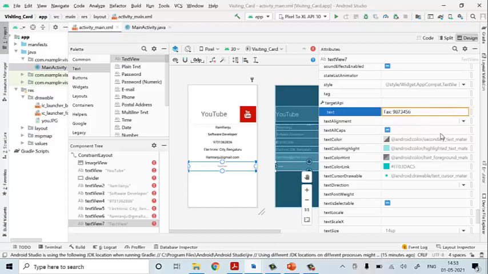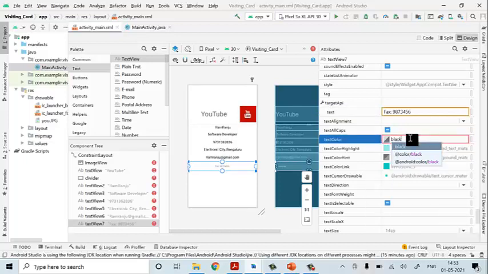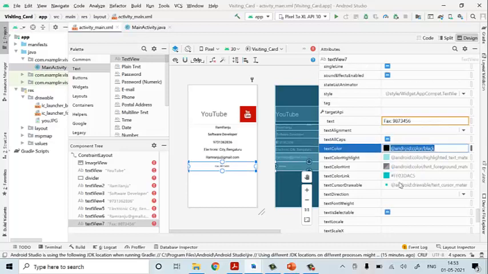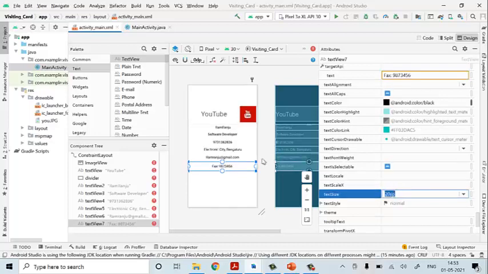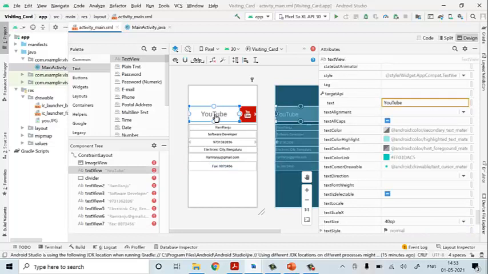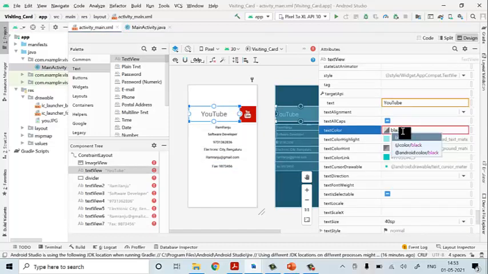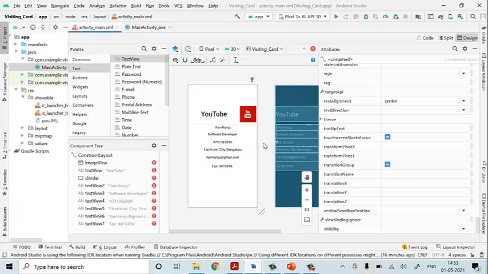56. Change your text color to black. I'll give it as black, and now I'll change my text size to 20 sp. I'll write it, and now it is changed. Okay, now we have to change the text color of this, so I'll make use of this text color and I'll give my black. Now it is done. See, now text everything has been done. So now it is looking only white color.